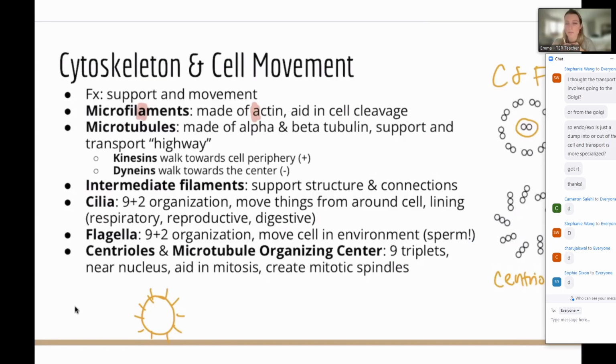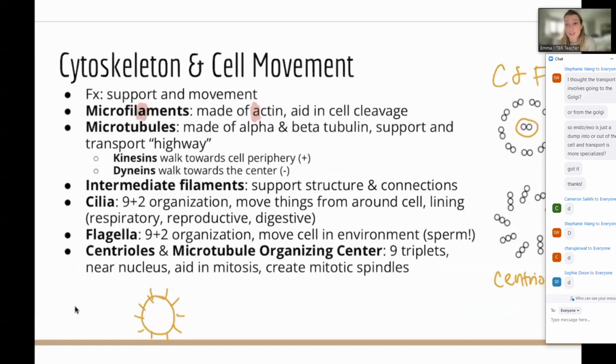If you've ever swallowed a pill and not had a lot of water and it feels like it's stuck in your throat, that's actually your cilia being disrupted, not in your trachea, in your esophagus. Even when you feel like you've swallowed it fully, it still feels sticky there, like something's there. That's your esophagus. The cilia are there to help move things either up or down. Sometimes when you're coughing, you can feel it coming up a little bit, and that's it getting stuck in those cilia. So just an interesting application of them.